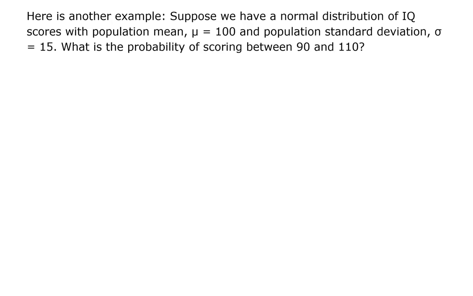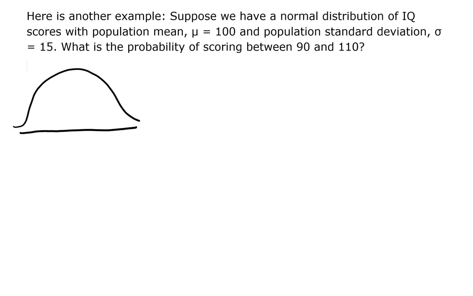Here's another example. Suppose we have a normal distribution of IQ scores with population mean mu equal to 100 and population standard deviation sigma equal to 15. What is the probability of scoring between 90 and 110? So let's go ahead and